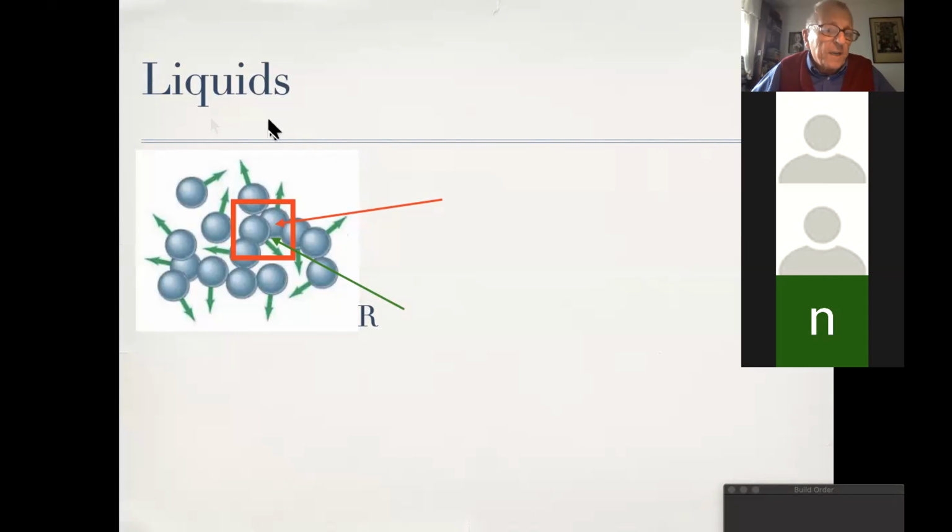So our liquid has been mapped into a set of those subvolumes, which are labeled with some radius vector R. And then we can count the number of particles in the volume delta R of that box, but